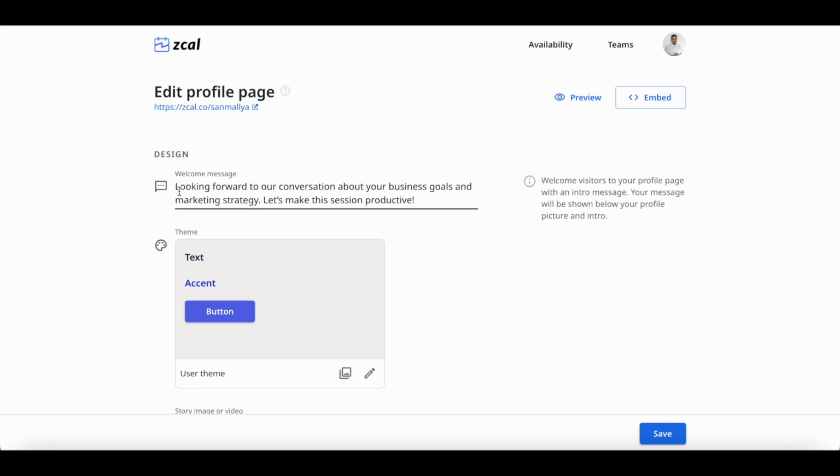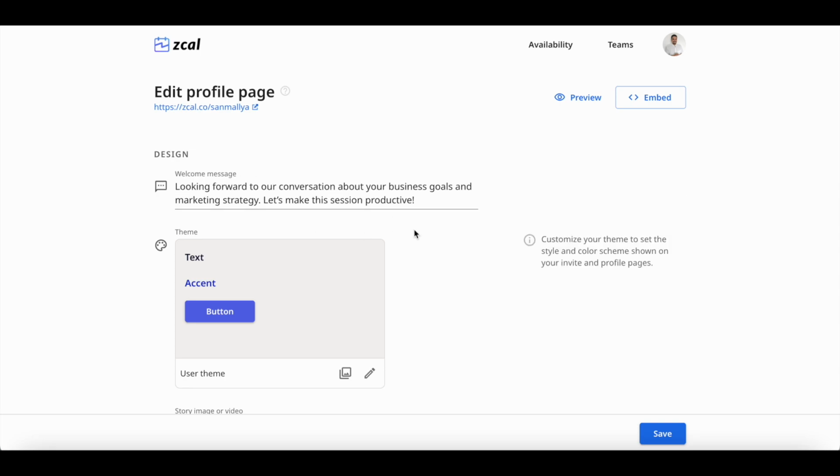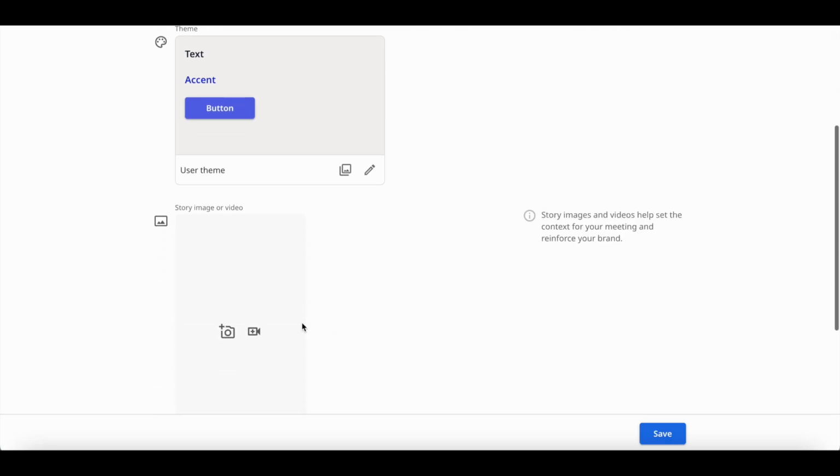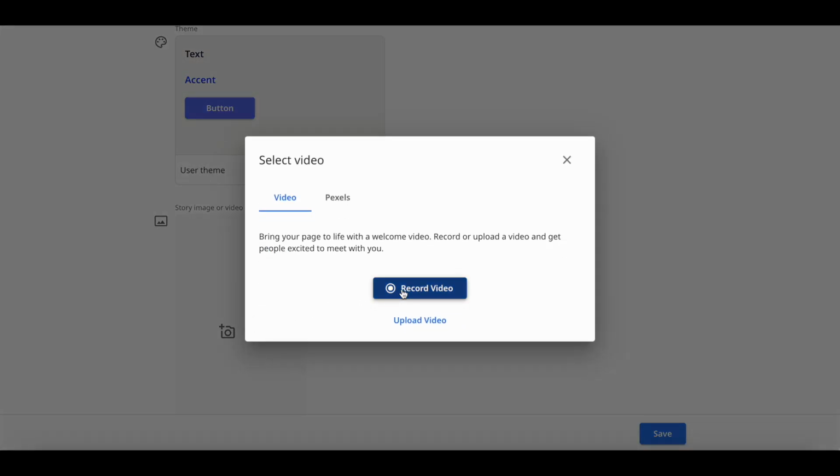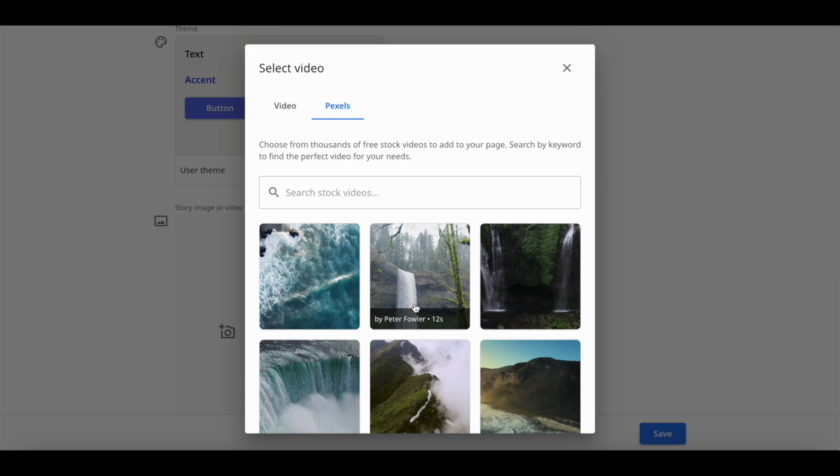This is where you can have a short welcome message for anyone who visits your page. You also have the option to customize your theme here like you did in the account settings. And this is where you can have a story image or a video. Either you can record the video from Zcal itself, or you can upload a video which is saved in your system. If you don't want to use any of that, you can use any of the stock videos that are